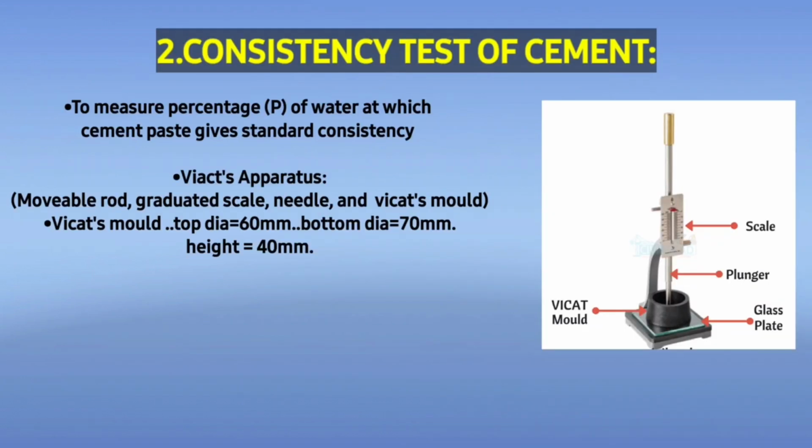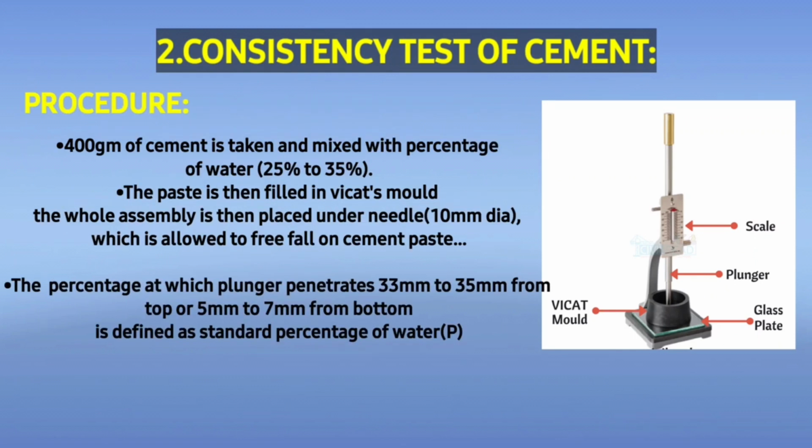सेकेंड टेस्ट, कंसिस्टेंसी टेस्ट ऑफ सीमेंट। ये टेस्ट किया जाता है ताकि परसेंटेज ऑफ वाटर फाइंड की जा सके जिस परसेंटेज पे स्टैंडर्ड कंसिस्टेंसी प्रोवाइड करे सीमेंट पेस्ट। इसके लिए वीकार्ट एपरेटस चाहिए जो कंसिस्ट करता है मूवेबल रॉड, ग्रेजुएटेड स्केल, नीडल और वीकार्ट्स मोल्ड में। वीकार्ट्स मोल्ड का टॉप डाया 60 mm, बॉटम डाया 70 mm एंड हाइट 40 mm होती है।